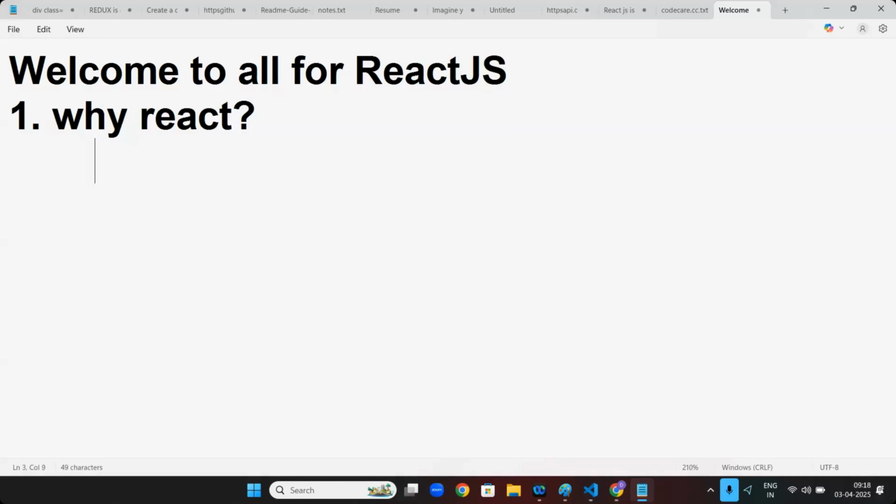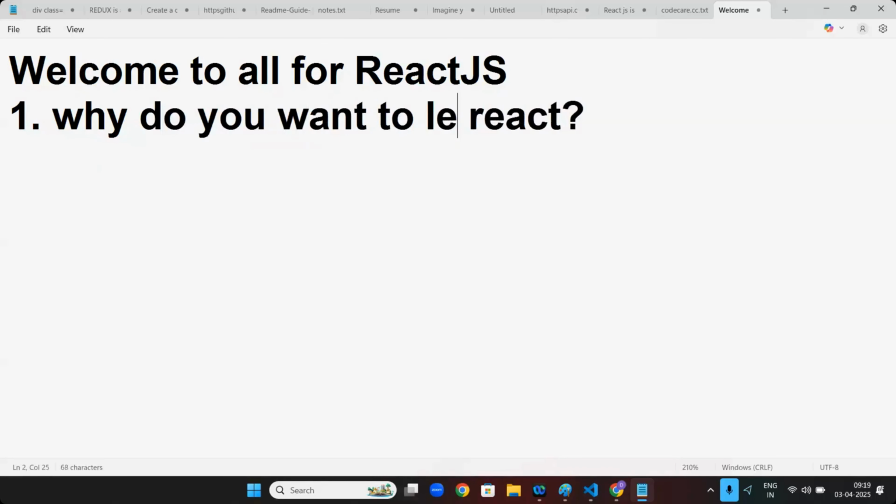You can tell your own answers. There is no right or wrong answer. I'm not asking why React is used. In future, I will tell you why React is used. But our question, let me frame it nicely, is: why do you want to learn React?